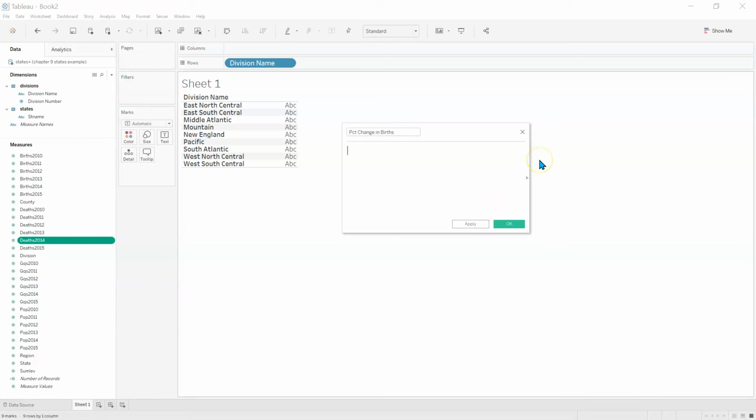Then we come down here and we can kind of set up our formula that we would like to use. And so again, very similar to what we used in Excel. Minus open bracket